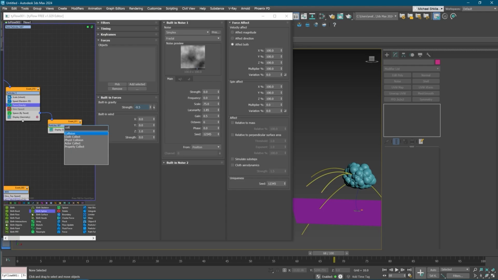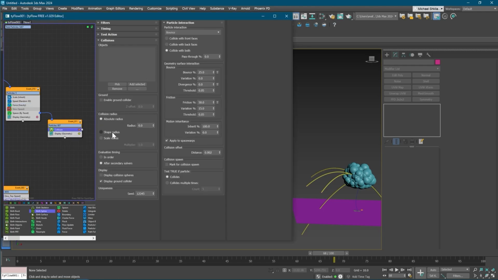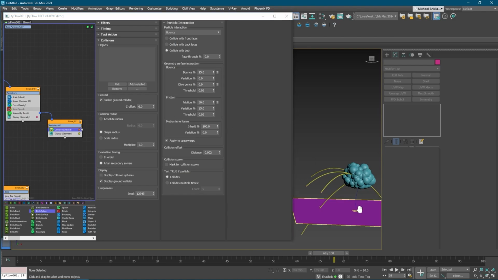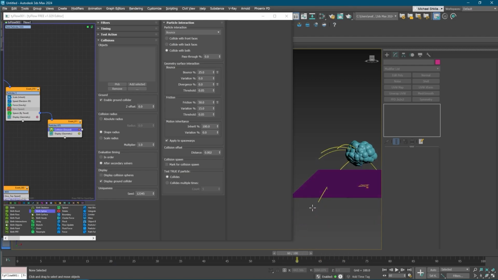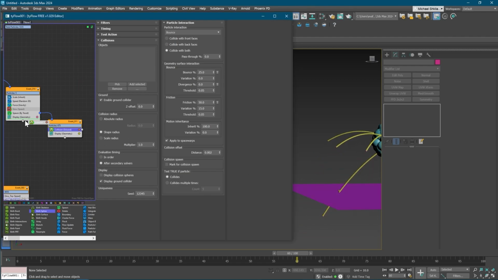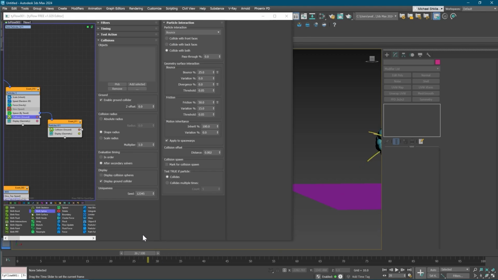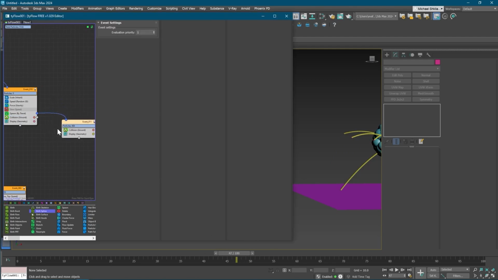So here let's maybe do a collision. Let's do shape radius, ground collider. Also do it in here. So yeah, kind of like so. And then